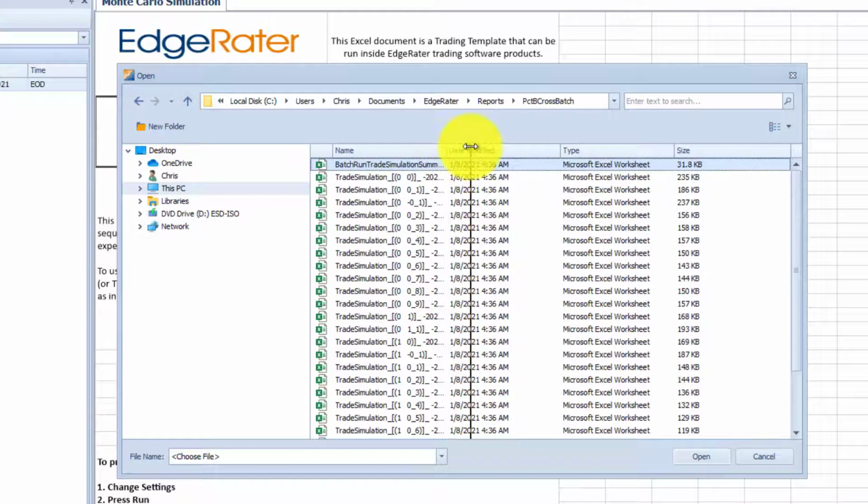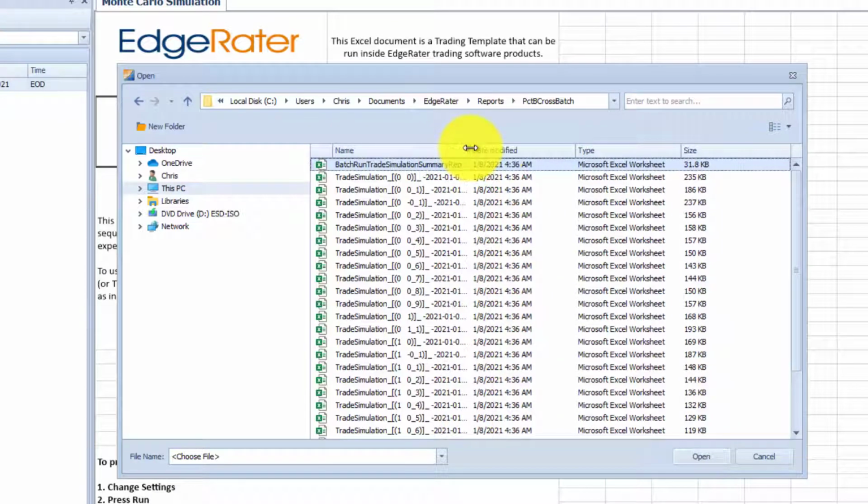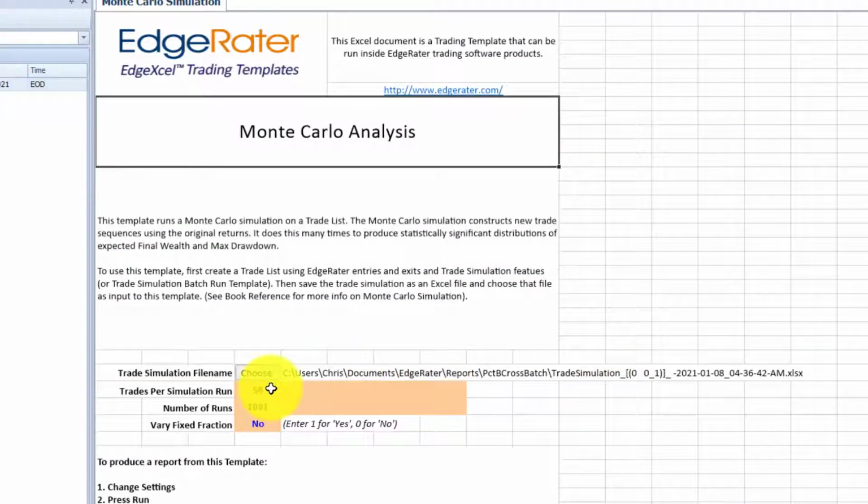So here are all of the reports, and if you remember from running the batch, the configuration that had the best result was the 0.1 configuration. So that is here, trade simulation, and the file name has been written to reflect the parameters in there, 0 and 0.1. So I'll open that in here, and then I'll choose parameters for my Monte Carlo analysis,